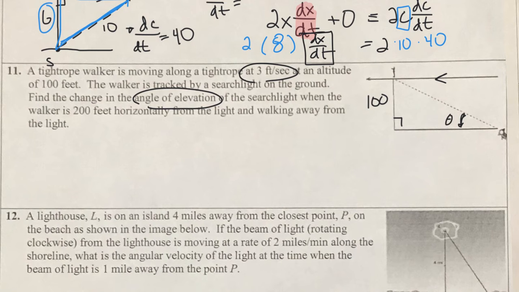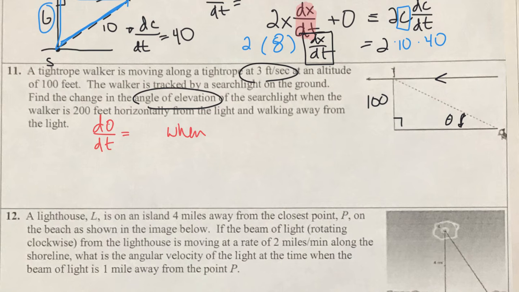As the person walks to the left, the angle is going to get less and less steep as he gets farther and farther away. So we should be expecting a negative answer for our angle because it's getting smaller. So we want to know d theta/dt, right? What is d theta/dt when